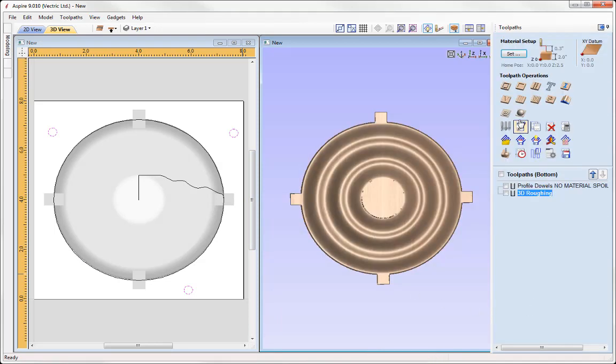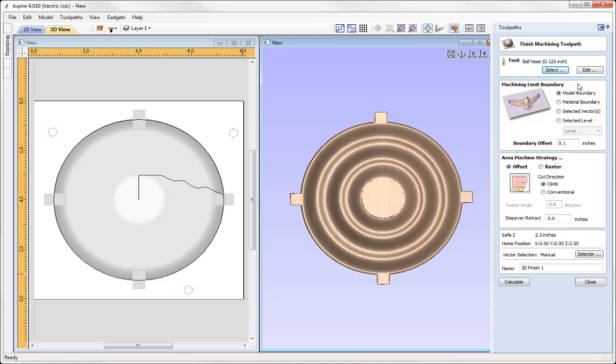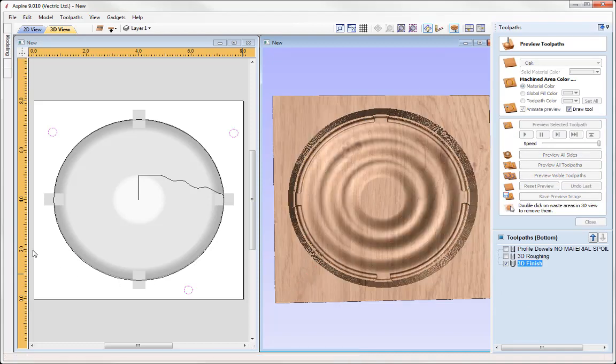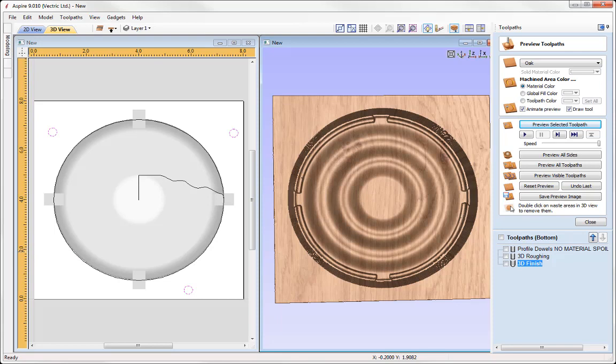Close that out, go back into the 3D finishing toolpath. I'm going to use an 1/8 inch ball nose here. Again, we're going to use the selected level, I'm going to use that model level, put in a small offset of 0.1 so the tool rolls past. I'm going to do that in an offset strategy, put in a small retract of 0.02, call that one 3D finish and press calculate. That's just going to run that for us and then provide us with a preview where we could then preview that toolpath